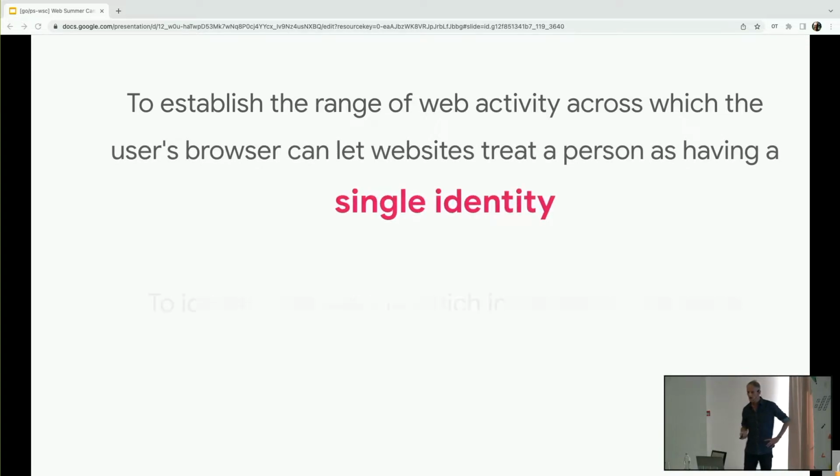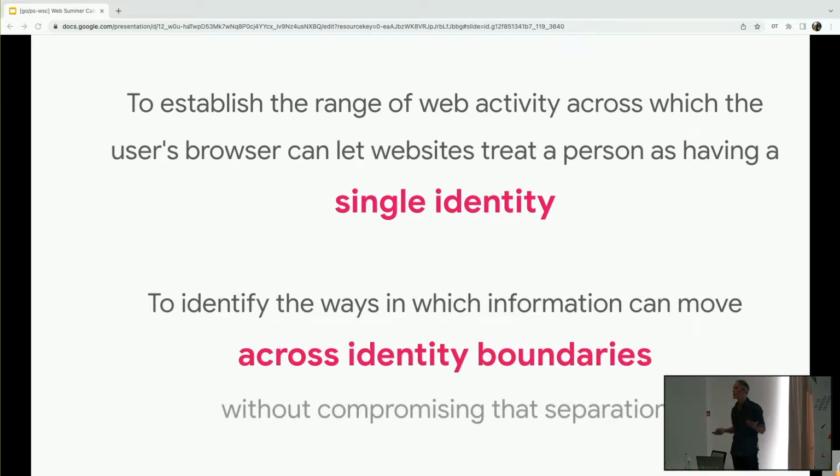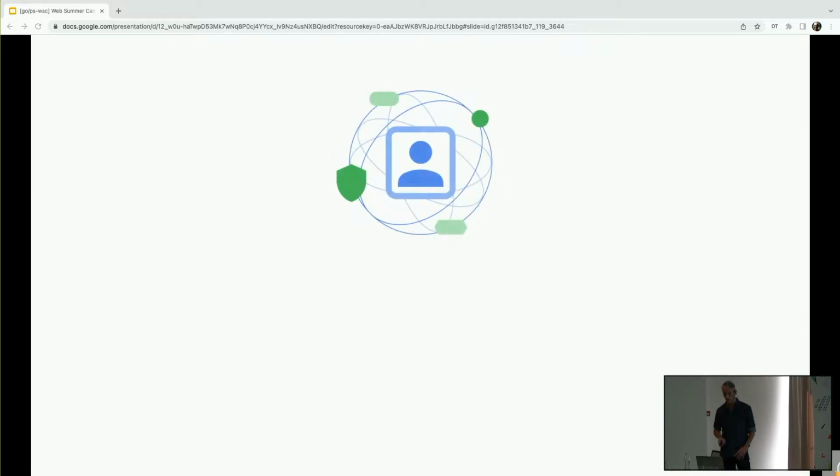So the core idea here is to lay out this set of ground rules when we're designing technologies to meet these use cases, all the while abiding by our changing privacy needs. In particular, the proposal covers this difficult question, which Rowan will talk more about, of how to enable connections across sites without compromising privacy. And as you can imagine, this is a hard problem to solve. This is one of the core problems for the web right now, I think.